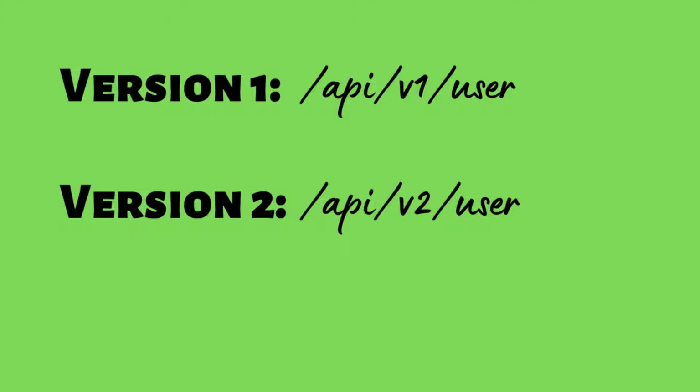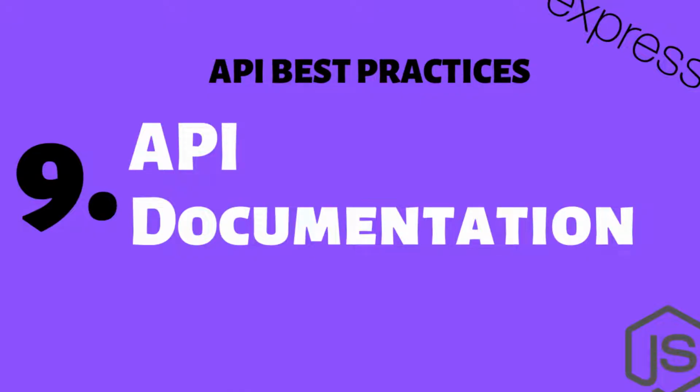Now we are going to talk about the final and ninth point, which is very important for any API development. That is API documentation. API documentation is very important. It is as important as creating an API, and we have to document each and everything, because whenever you add a developer to your development cycle, you have to give all the information to that new developer, and all the good practices you are already following. So you have to create good API documentation.